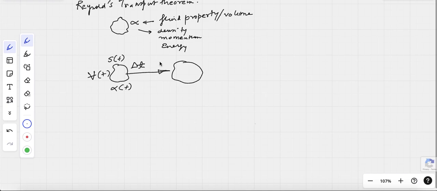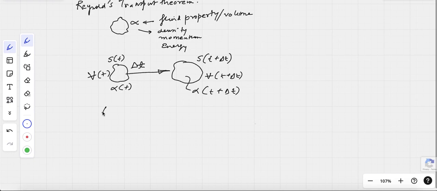This, after a time t, will have area of S(t plus delta t), a volume of V(t plus delta t), and the property will itself change to alpha(t plus delta t), right? Okay,